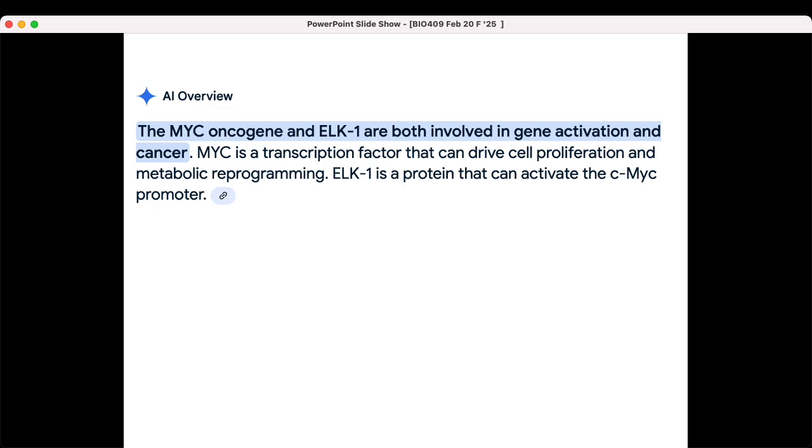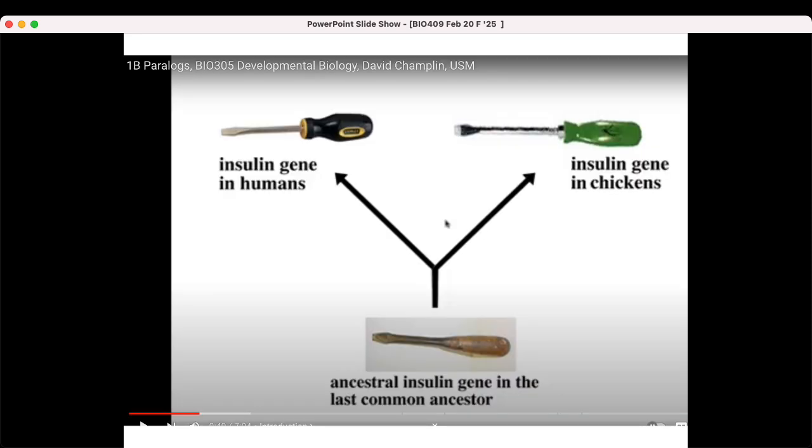We're just saying that ELK must bind to an enhancer of the MYC gene and activate its transcription. And we need to know that, and you'll see we're going to become experts of that, if not today, next Tuesday, about that MYC, because the MYC is sick. So then these proteins, yeah, they're in us, but there are orthologs of MYC, receptor tyrosine kinases, a bunch of